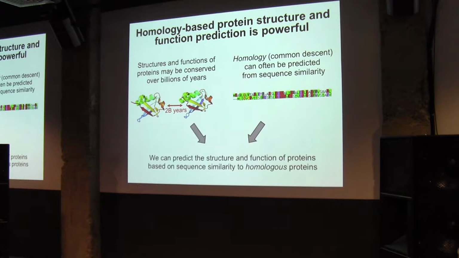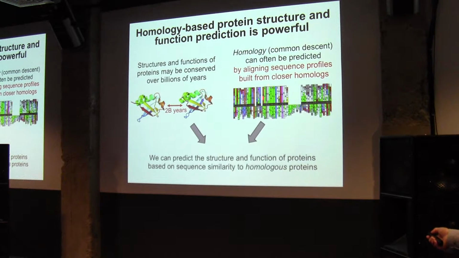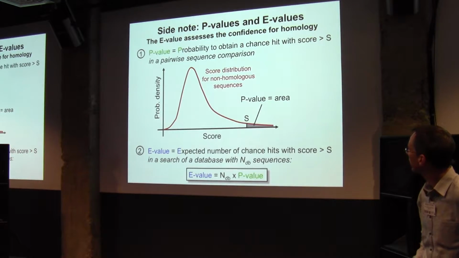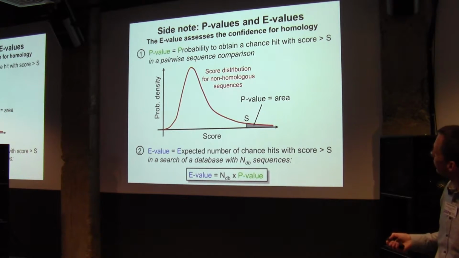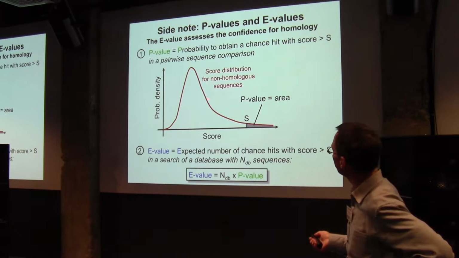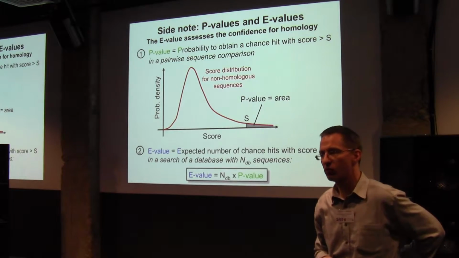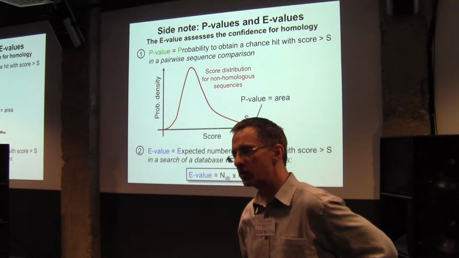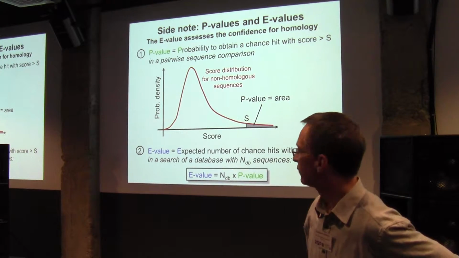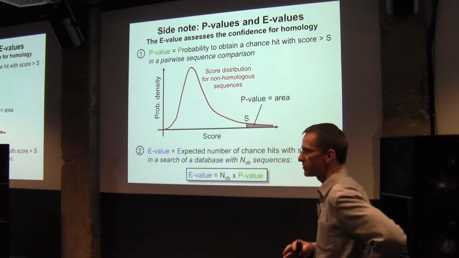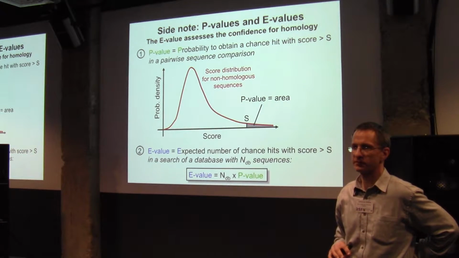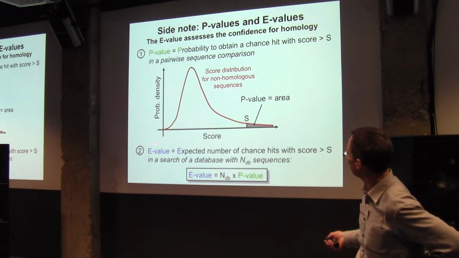And I would want to now tell you why we are using alignments to compare our sequences with each other. So one thing that is maybe interesting to give as an argument is, why can we be so sure sometimes that two sequences are homologous? As I mentioned, we are using a hypothesis test. And the hypothesis test is, I would say, the most important concept of classical statistics. It means